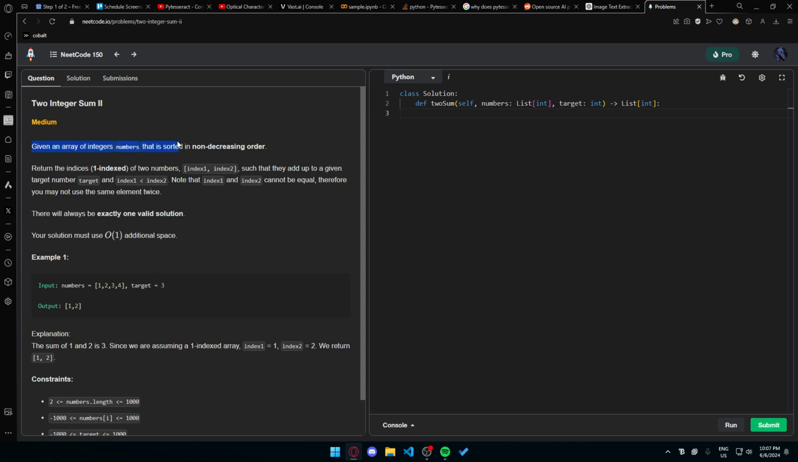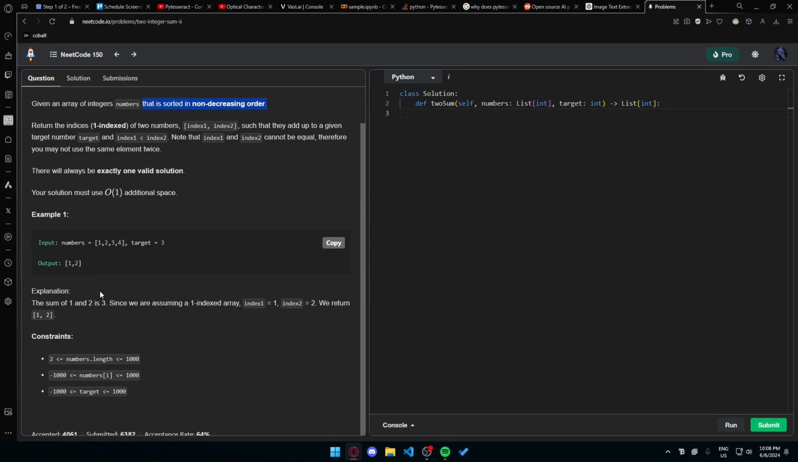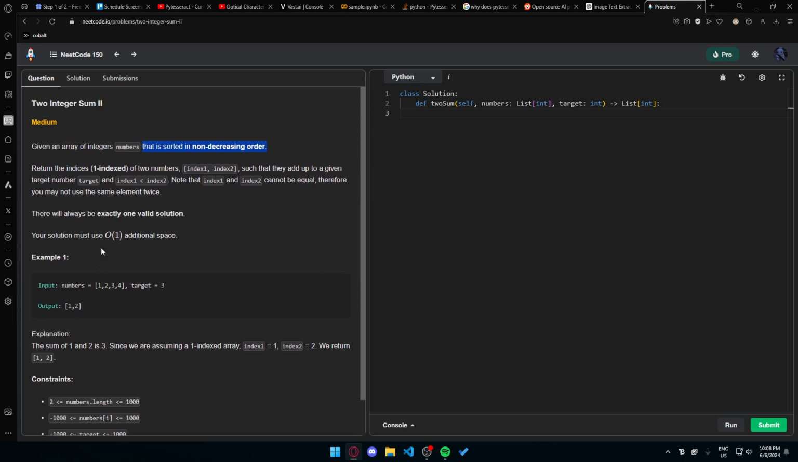Given an array of integers, numbers, sorted in non-decreasing order. So that would mean that the numbers are going to be ascending. Right? Given an array of integers, numbers, as sorted, basically,